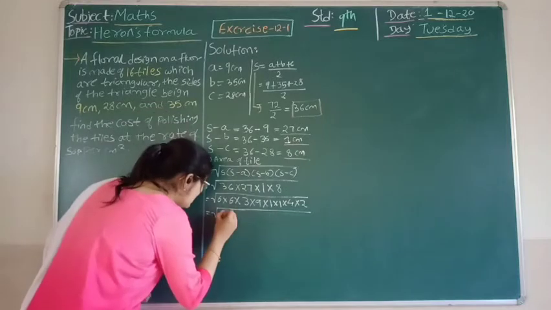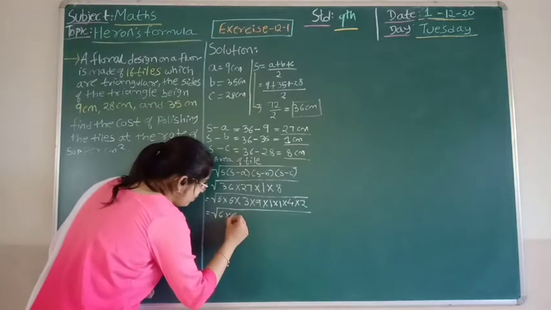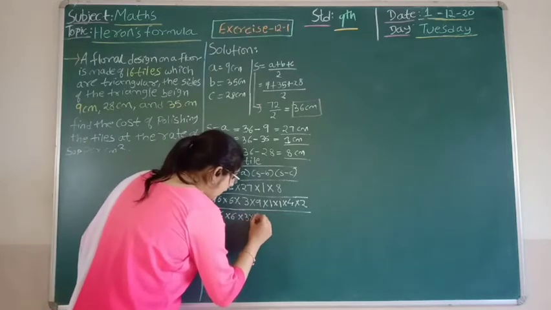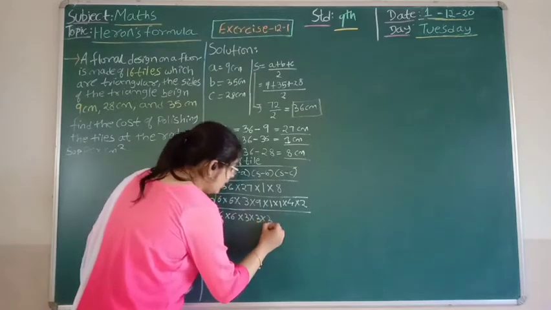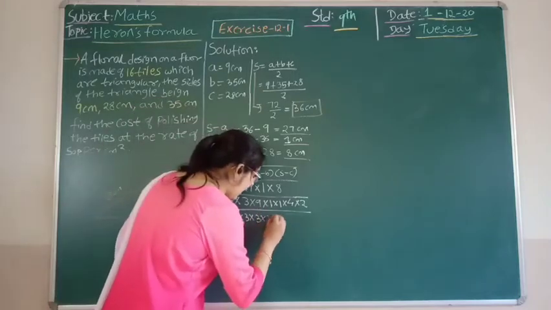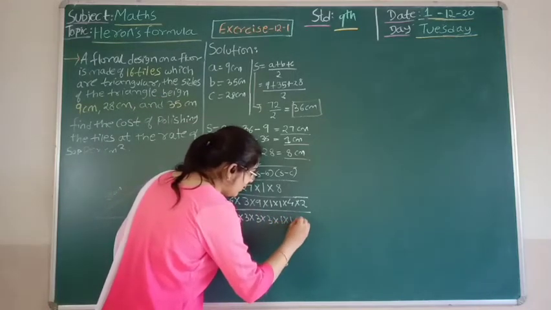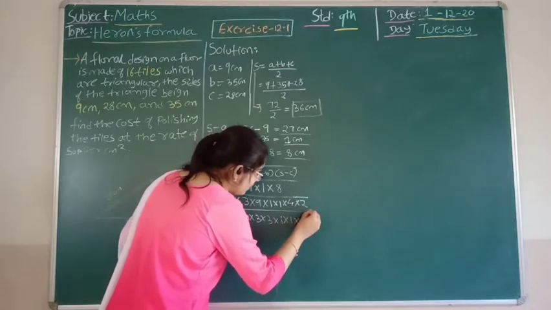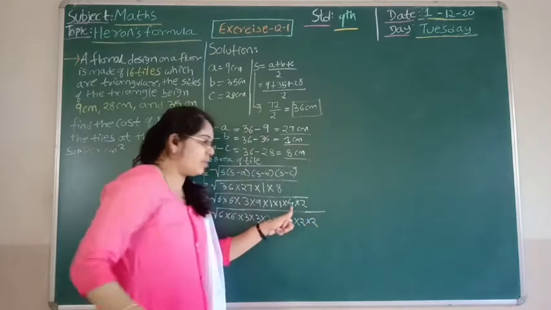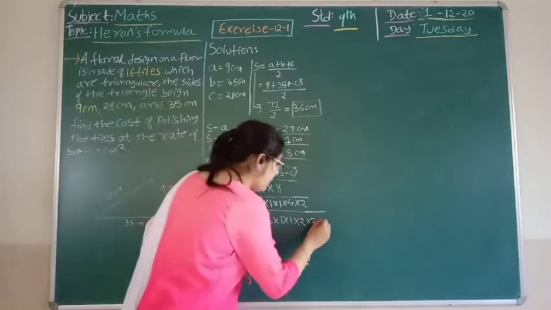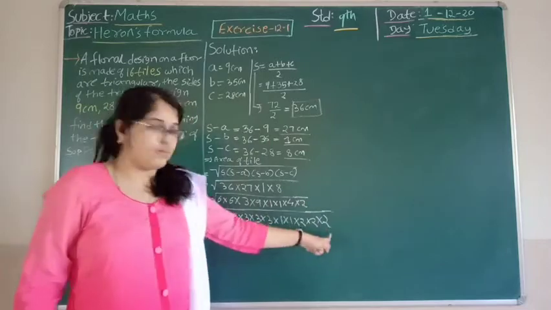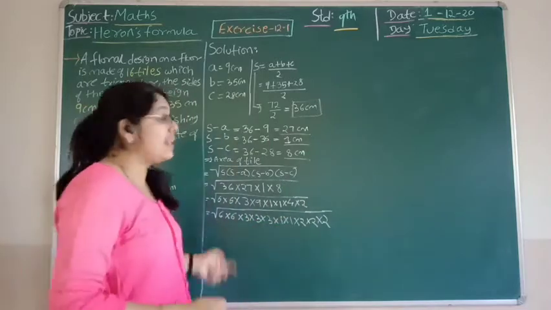That is 6 into 6 will remain as it is because we are getting a pair. Again 3 into 3 into 3, that is 9, splitting the 9 over here, and again 1 multiplied by 1 multiplied by 2 multiplied by 2, I'm splitting 4 over here, and simultaneously multiplying by this 2 comes over here. So now we need to find the pair from this.